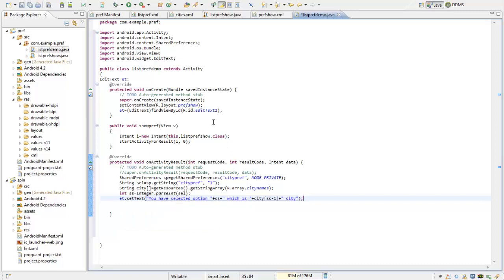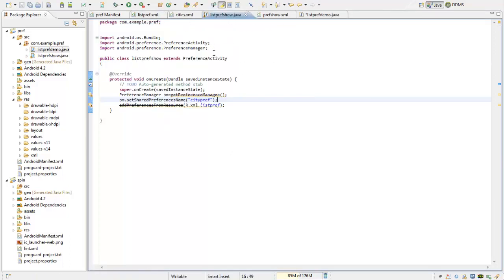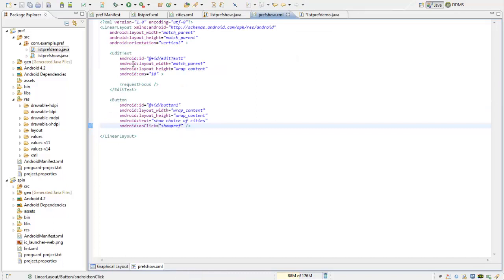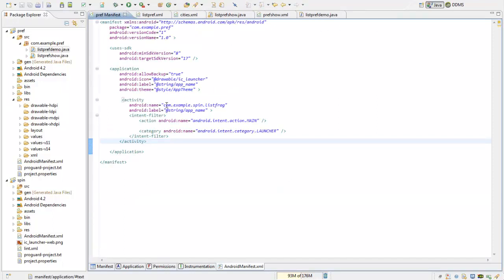So we've done everything. We've created a list preference. We have created a preference activity for the list preference. We have a main activity which shows an edit text and a button, and we have the main activity that controls the entire show. So I'll just enter all these activities in the manifest file. So our main activity is listPref demo. So I'll just enter here, name is listPref demo,